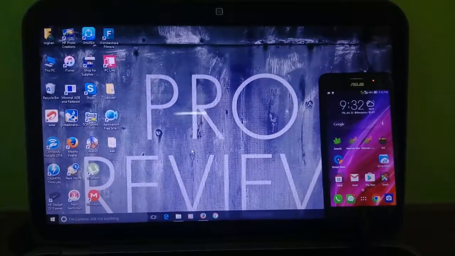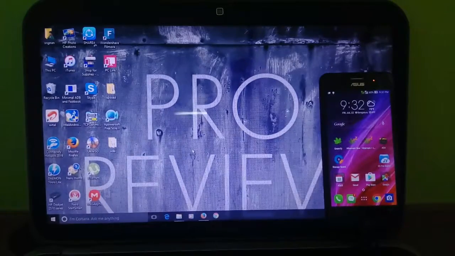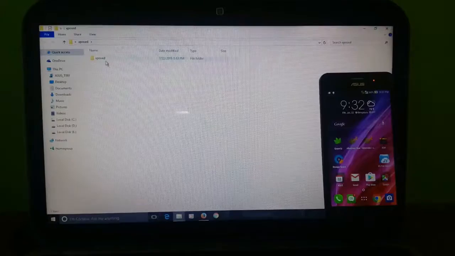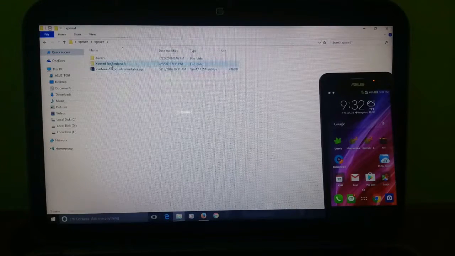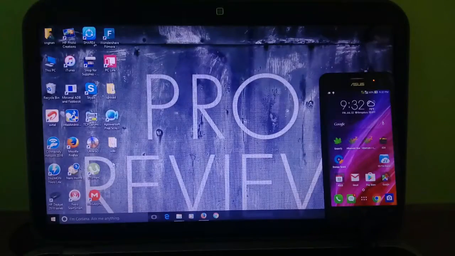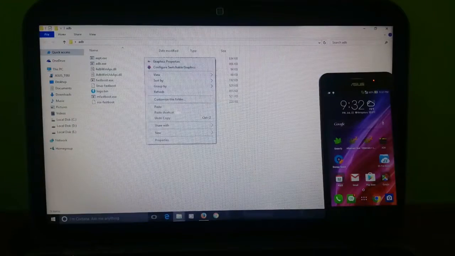Guys, as you have copied the APK file and the Xposed zip file, we're going to flash the zip file in the TWRP mode. As we have not installed TWRP, please open the Xposed folder, click on the Xposed for ZenFone 5, copy the TWRP image and paste it in your ADB folder.